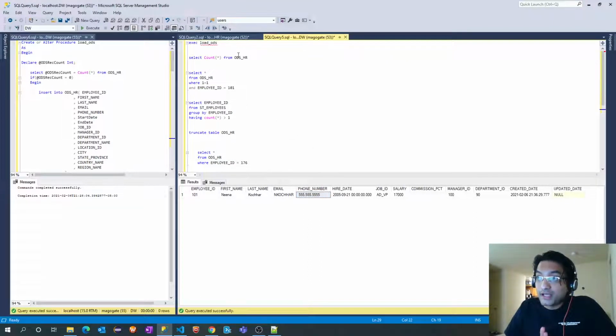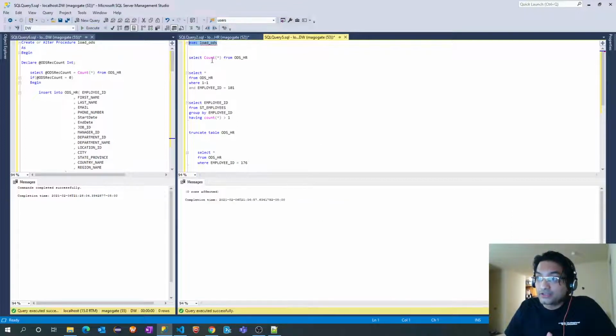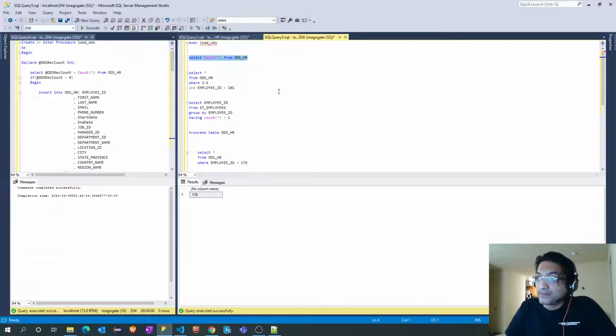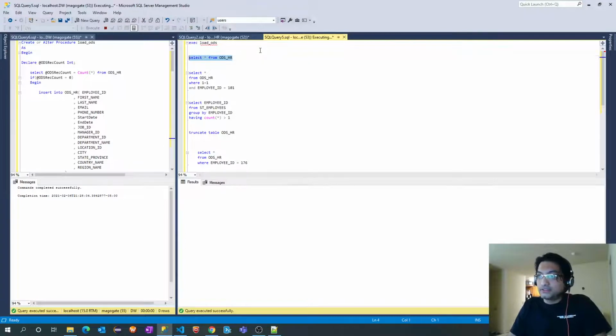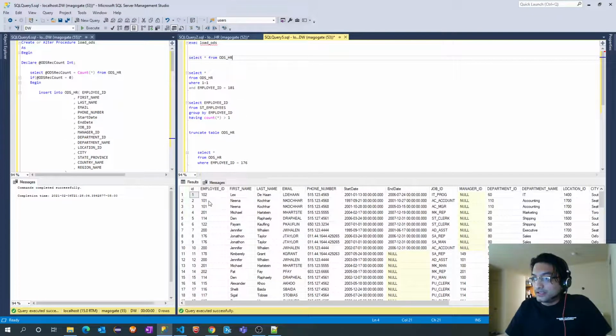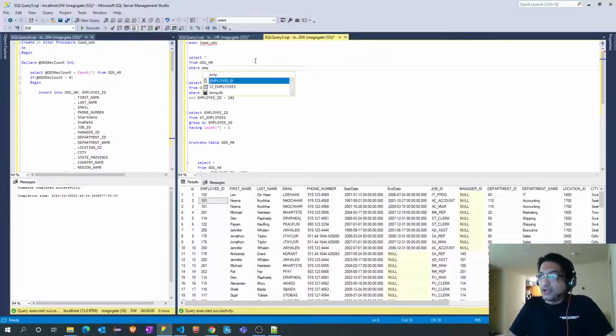Now if I execute my stored procedure here, my ODS table should reflect this phone number, correct? That is what the requirement is. So if I run this stored procedure, zero records inserted, nothing got inserted, which is correct, but my record should get updated. So I will execute this again and filter for employee ID equal to 101.